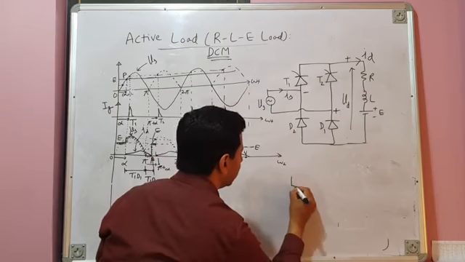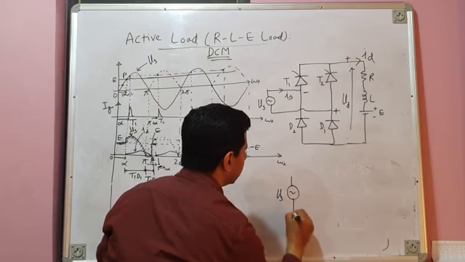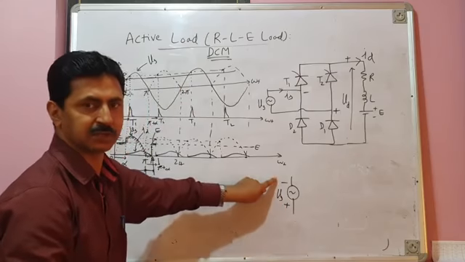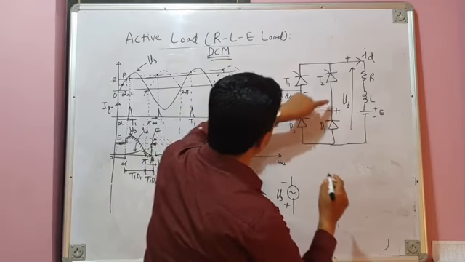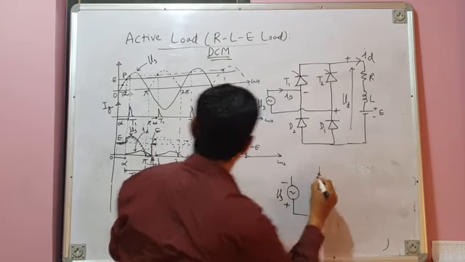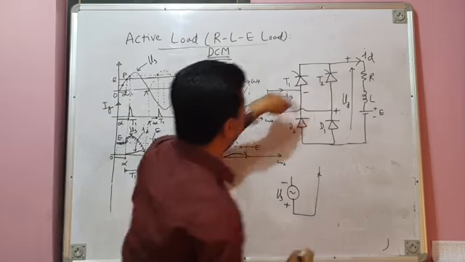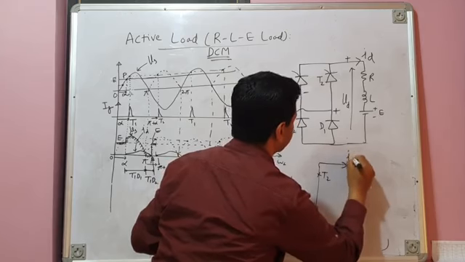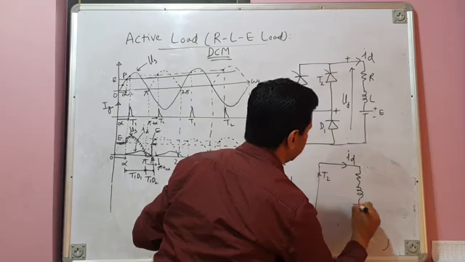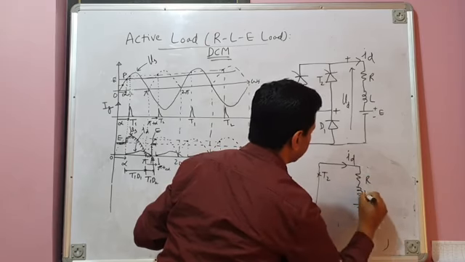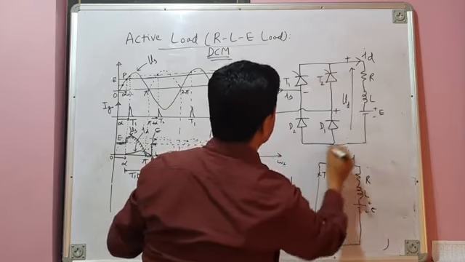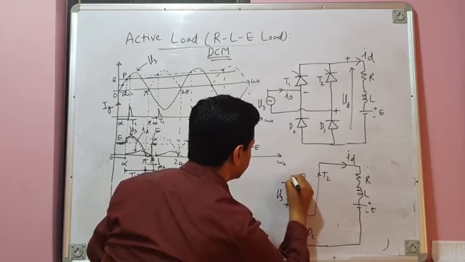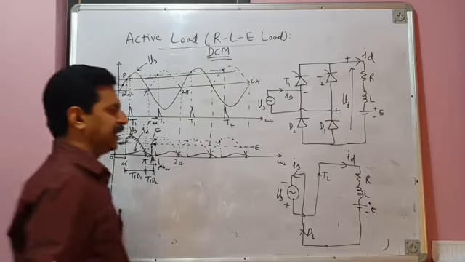So therefore, if you draw the equivalent circuit, it will be like this. Now source voltage has reversed its polarity. You are going through the negative half cycle of source voltage. This is plus, this is minus. Now T2 has been fired at omega t equal to pi plus alpha. T2 D2 will immediately go into conduction. So T2 goes into conduction. It results in the flow of load current ID. This is your load, RLE load. And the return path is through D2. Yeah, this is your power diode D2, and current goes back. This is your source current, IS.